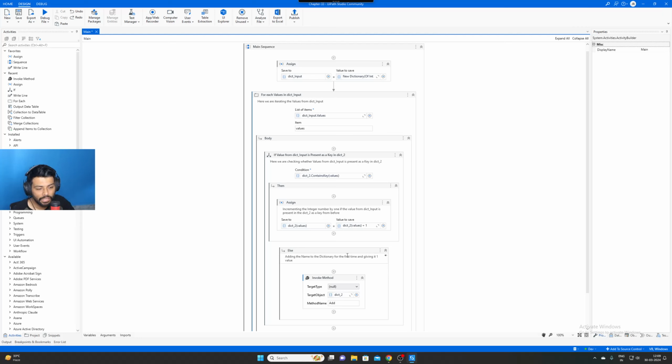See for example, if it's coming for the first time, then this part will be running obviously, because यहाँ पे key की तरह नहीं होगा, means this part won't be there as a key. Okay, हमारी values है dictionary input की, that won't be present as a key in dict2, then this part will be running. और अगर ये part है मतलब वहाँ पहले से, तो अगर मेरा नाम यहाँ पहले से है, फॉर एग्जाम्पल अगर जय पहले से अवेलेबल है, उसको मैंने 1 दे दिया, अगर दोबारा आया तो जय दोबारा तो ऐड नहीं होगा ना, इट विल बस एडिंग द काउंट ऑफ इट, सिंपल।